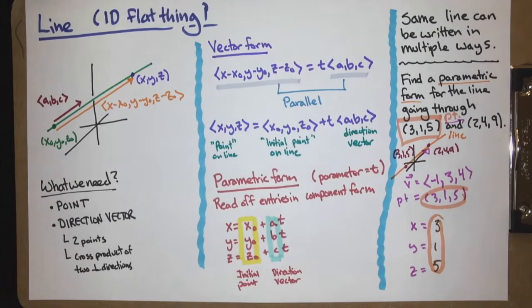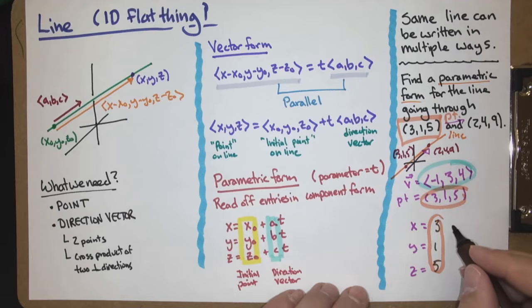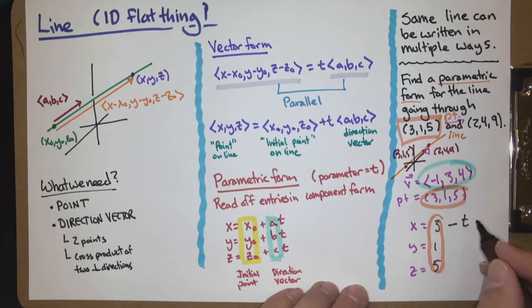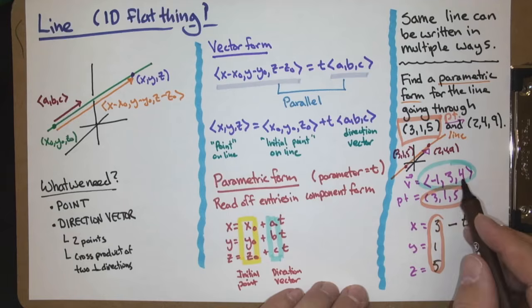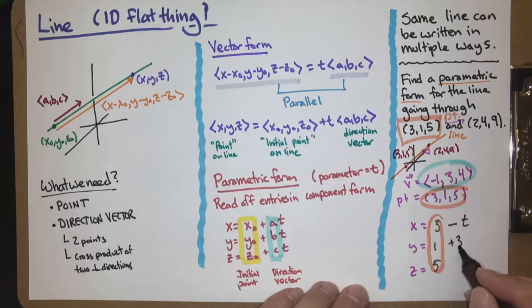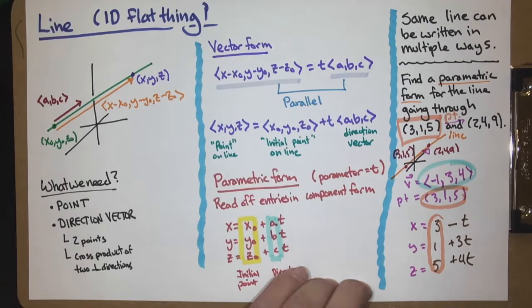Then I say, okay, that's coming from the point. Now I need to get the coefficients of t, and that's going to come from the vector. Negative 1, 3, 4. So this will be plus a negative 1 times t, which we usually write as negative t. A 3 times t, so plus 3 times t, and a 4 times t. So, from taking our direction vector,